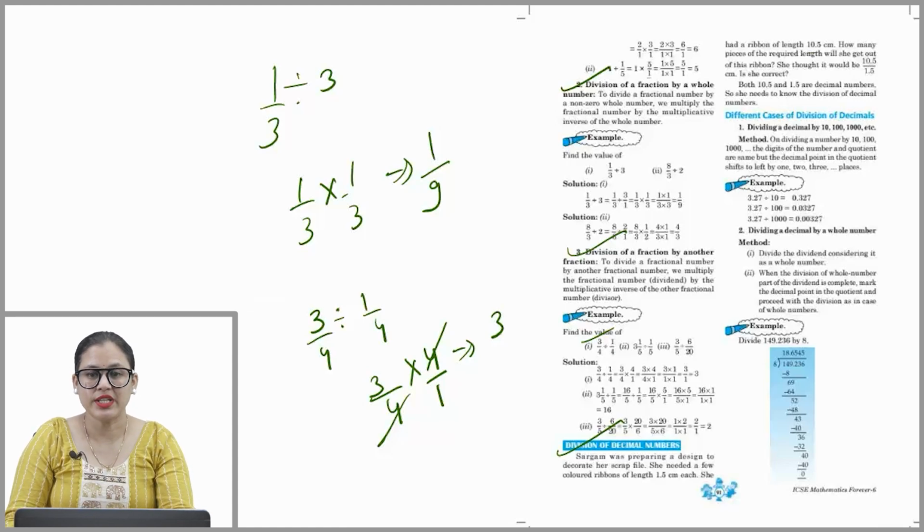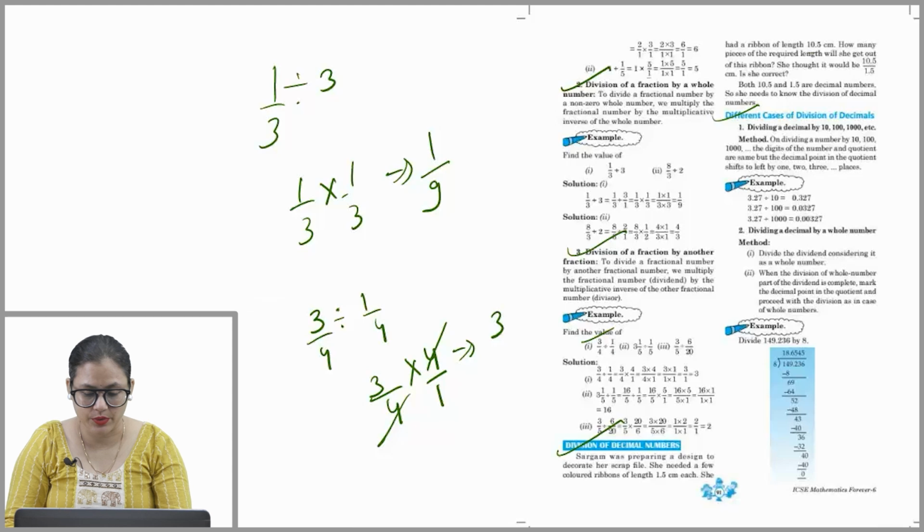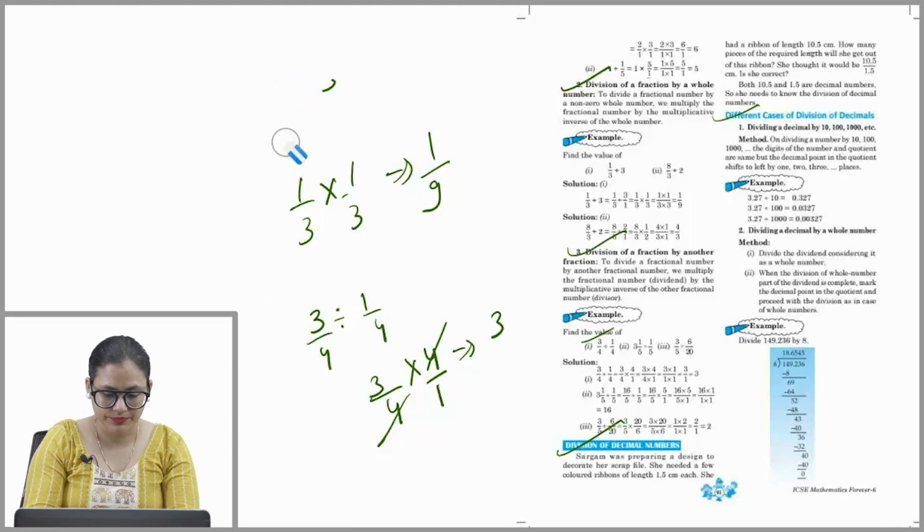Okay. So, different cases of division of decimals. Number 1, when dividing a decimal by 10, 100, 1000, etc. Method: on dividing a number by 10, 100, 1000, the digits of the number and quotient are the same, but the decimal point in the quotient shifts to the left by 1, 2, 3 places. Okay. For example,